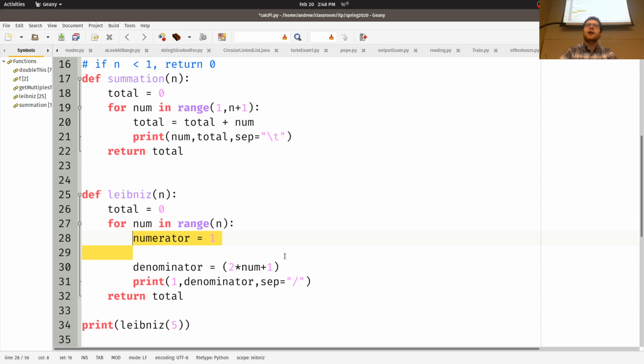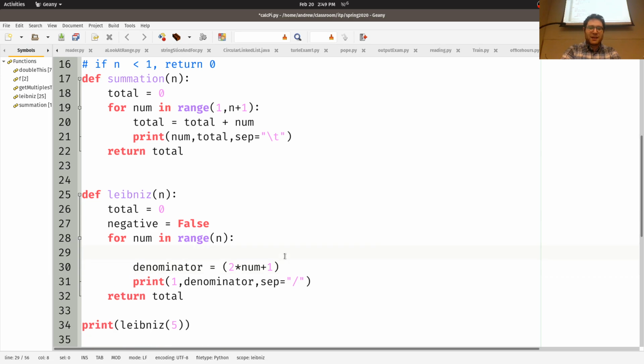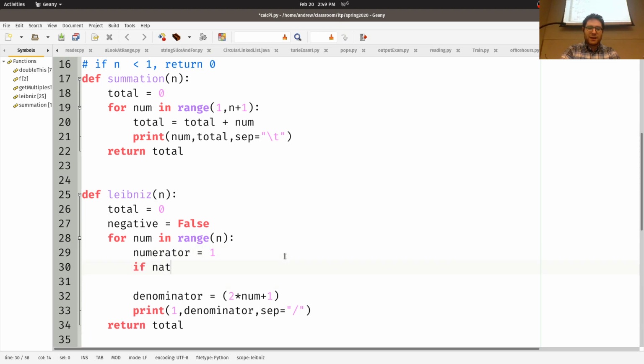First is the easy way, the really easy way. Let's use computer science to solve my problems rather than trying to use math or figuring out numbers to solve my issues. Negative is equal to false, right? Because it's going to alternate. So what we do is we say, let's go ahead and do the numerator is equal to 1. If negative